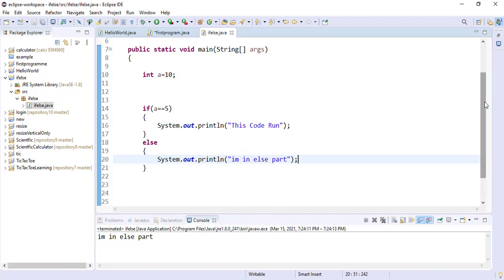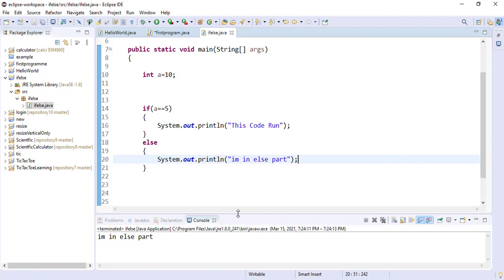So what is the use case of when to use if and else? Let us suppose you want to do an online transaction. If the online transaction is successful, then you can deduct the balance from the user account, and if it is not successful, then you can perform any other action, like don't deduct the balance, and you can display a toast or any message. It is your choice. Whenever you don't know what is going to happen, you can simply use if else. If this is the condition, then perform this code, and otherwise perform this code.